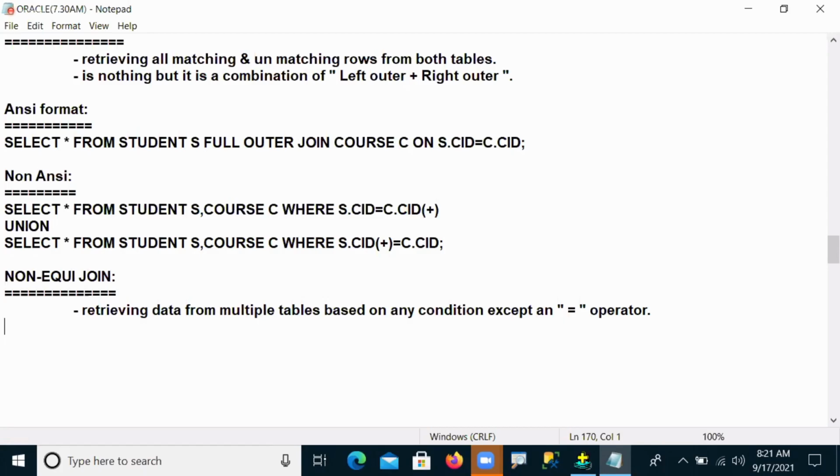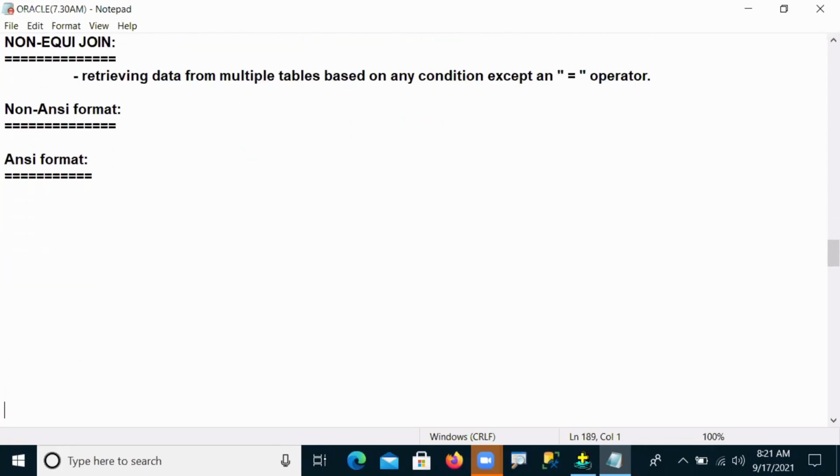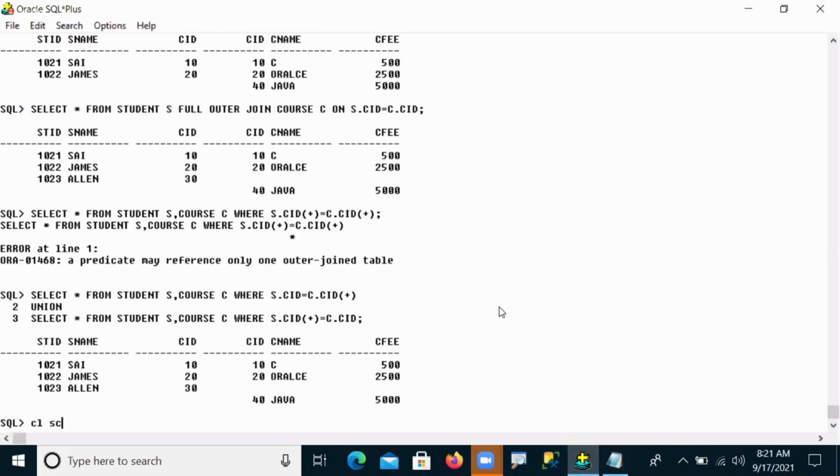So now let me show you. First I will show you the non-ANSI format, and later the ANSI format. I will show both formats. In the non-equi join, first I will take a small example.